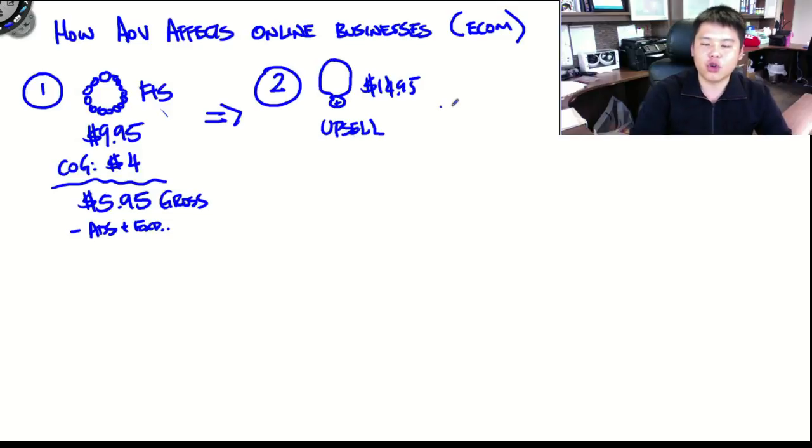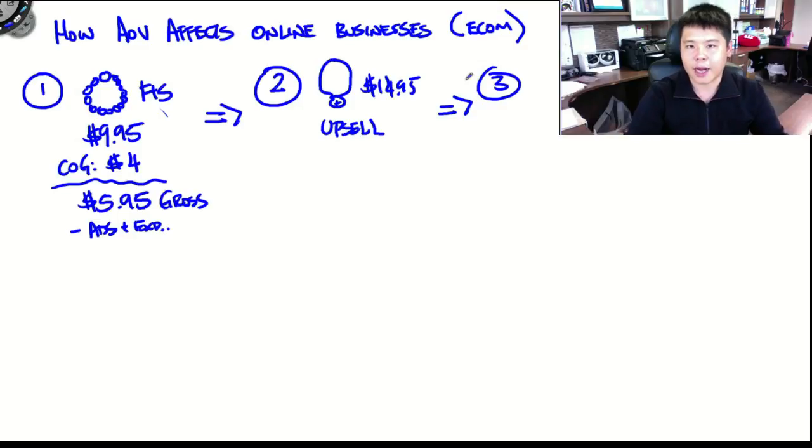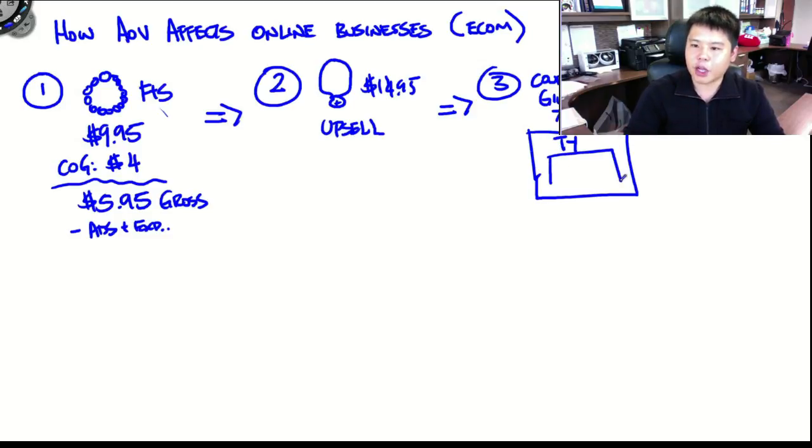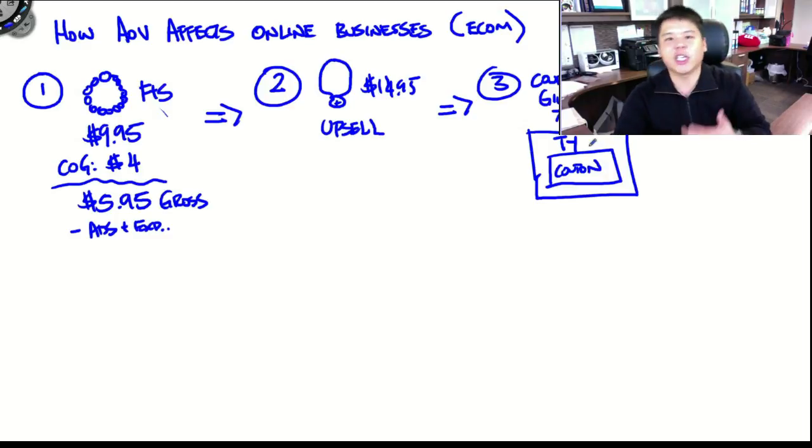Now, let's look at this. You go into step number 3, which a lot of people don't do right now. For those of you who have access to Zero Up, we have that functionality for a coupon giveaway to increase sales. So what happens here is that when the person goes to the thank you page on the order confirmation, you give a coupon to your customer, telling them to come back and buy more products from you, right?